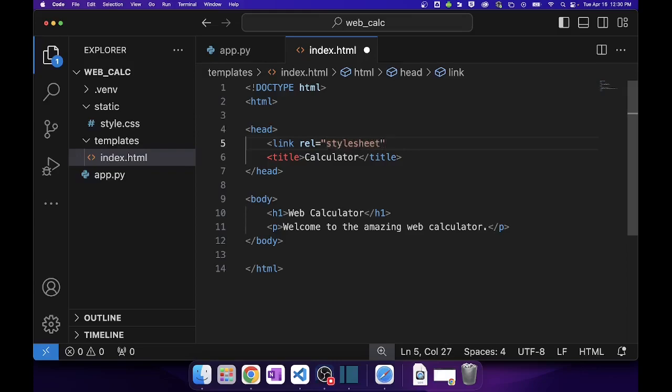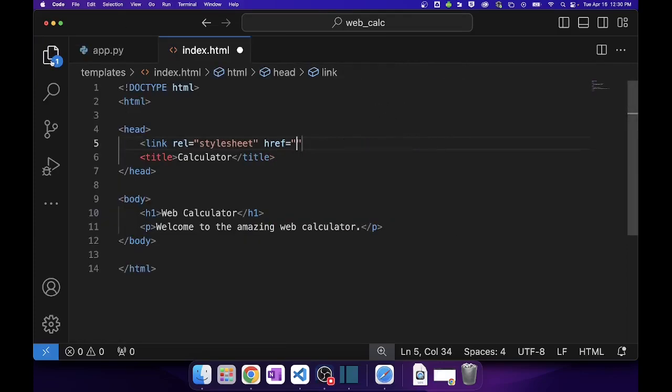So far, it's just your standard way to link a CSS sheet. Here's where it's going to get interesting: when we give it a URL for where that file can be found. This is the first place where we start to see some of the power of the rendering engine that Jinja provides. Instead of giving it the file name, I'm going to